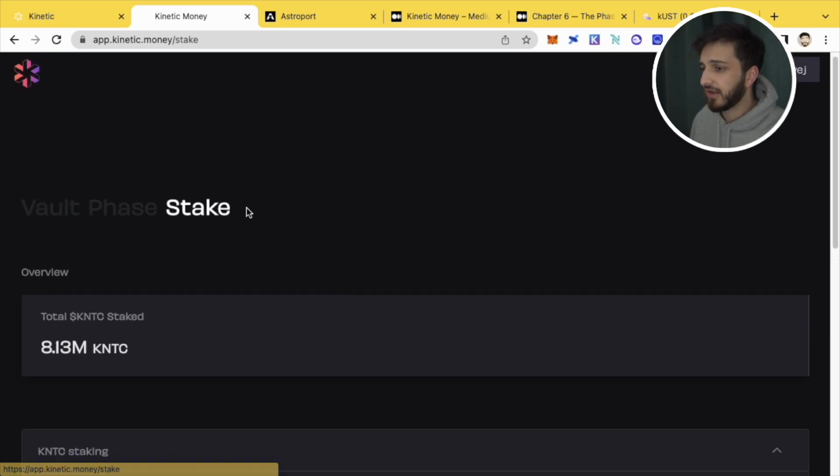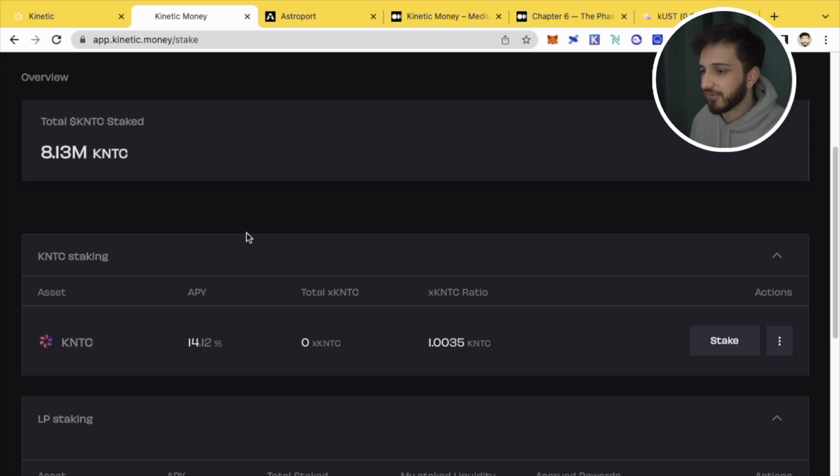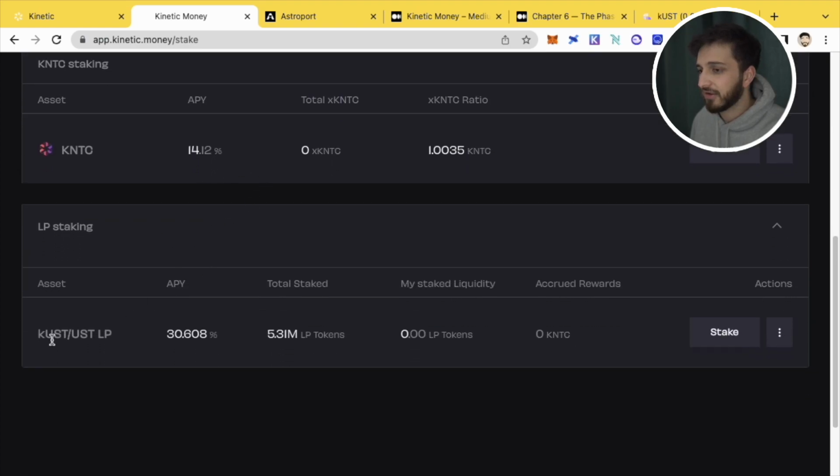If you go to the stake, they actually have the native tokens that you can stake. You can provide liquidity as well. One of the interesting things is that you can provide liquidity for KUST and UST, and obviously that causes KUST to be bought up. That helps to maintain peg, and that's currently offering a very nice 30% APY,